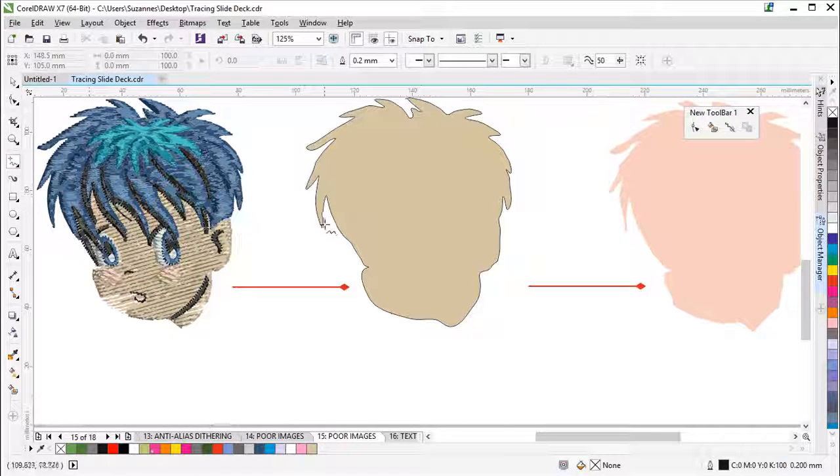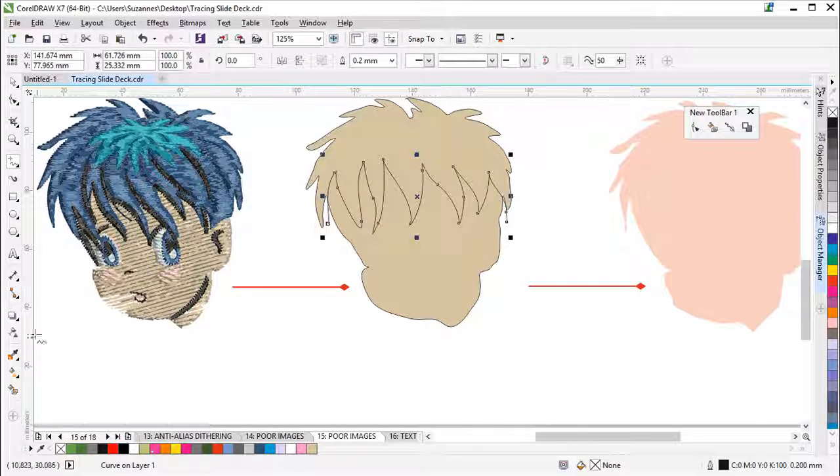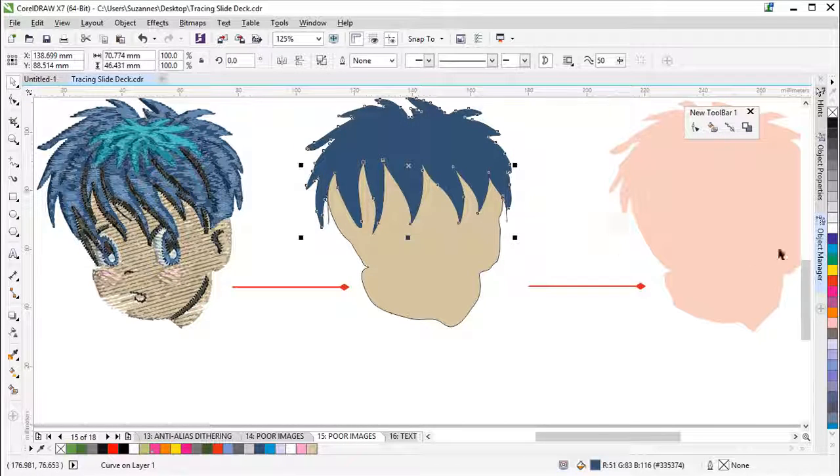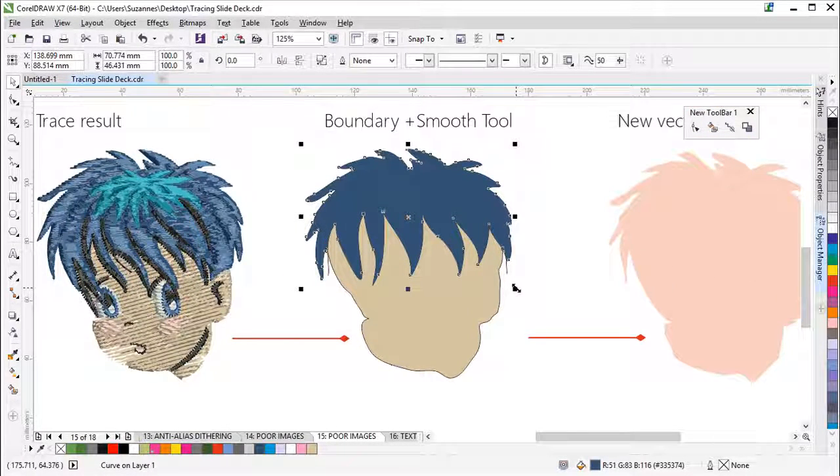So now we need the hair. I'm going back to the drawing tool and I'm just going to do this very roughly now, making sure the lines are overlapping. I'm going to my Smart Fill tool, which you can access from there or there. No outline, and I'm going to pick up a hair colour. Now what I'm going to do now is I'm not going to keep drawing this. I'm going to first of all remove that line that we no longer need. So I'm now going to select the object,